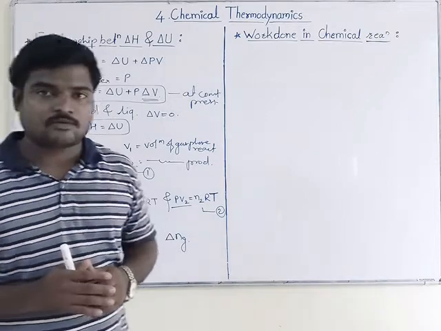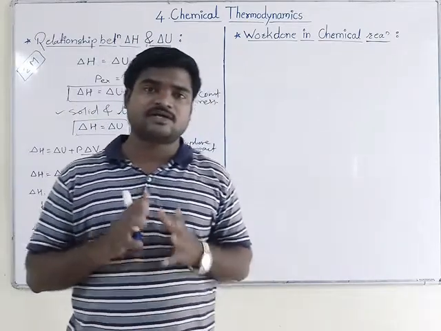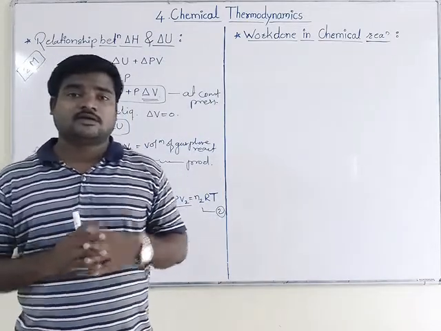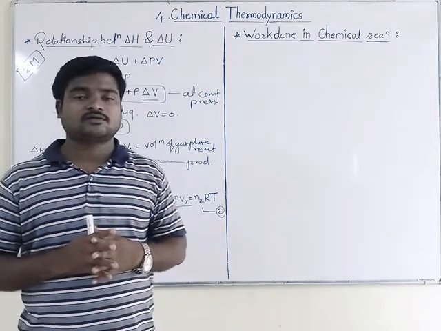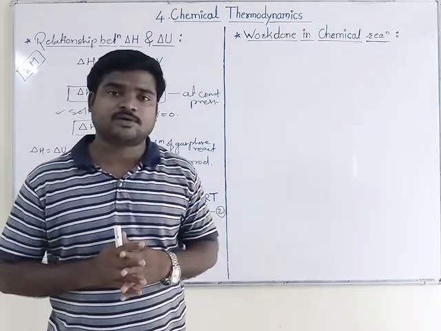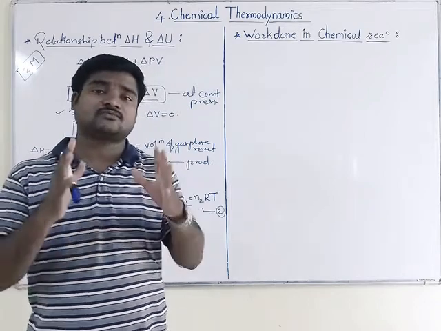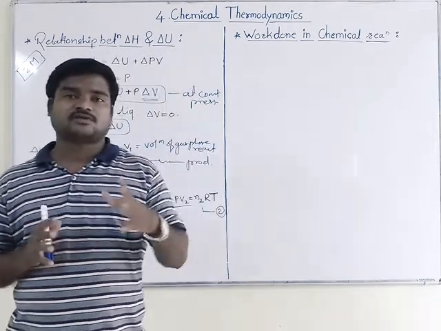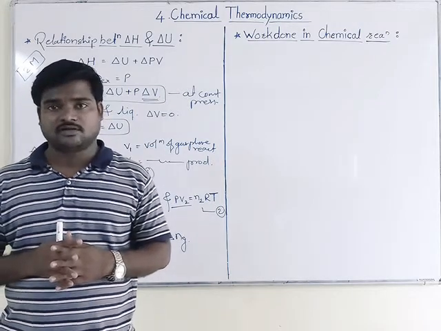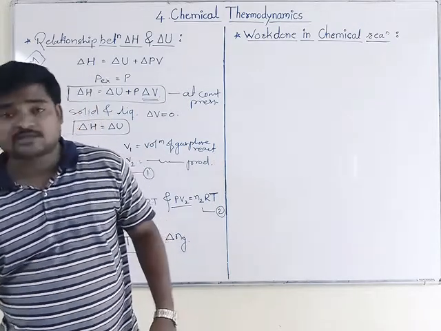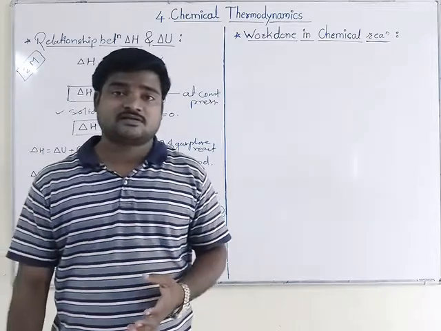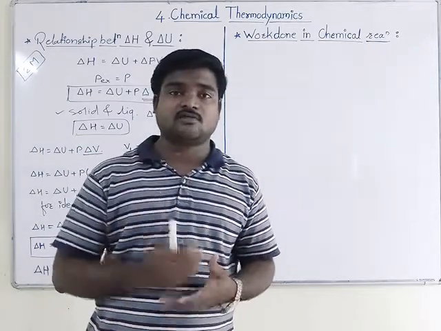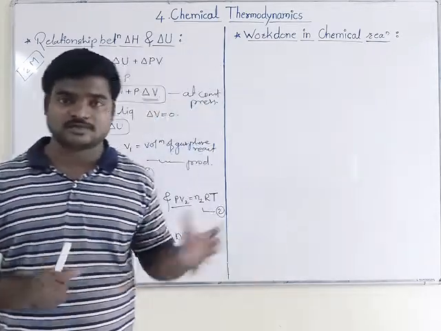All of you know about the value of W, that is work done. In our previous videos we have learned work done in pressure-volume type as well as maximum work, that is the W max equation in isothermal reversible conditions. Now here, in some chemical reactions, how work done will take place and how much will take place, we will discuss in the form of a derivation.